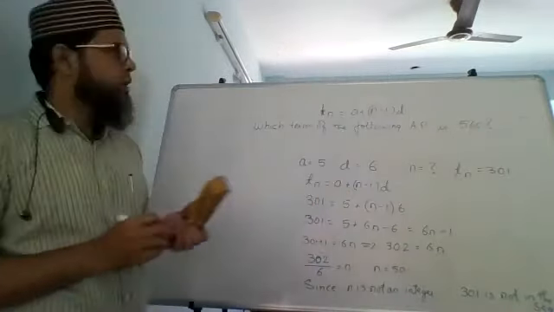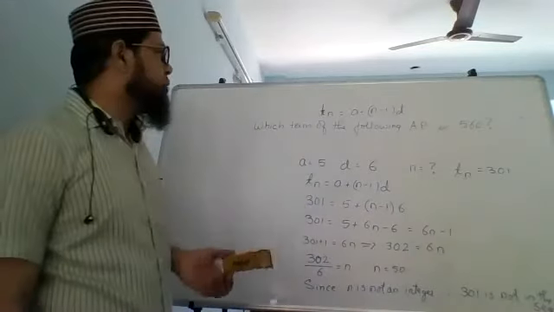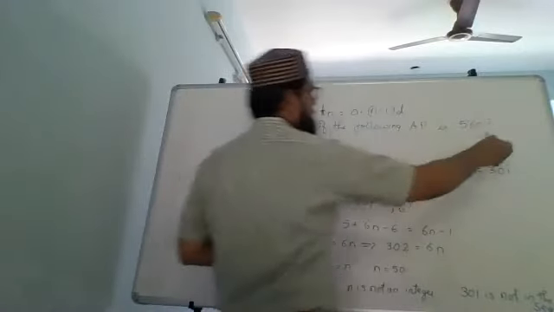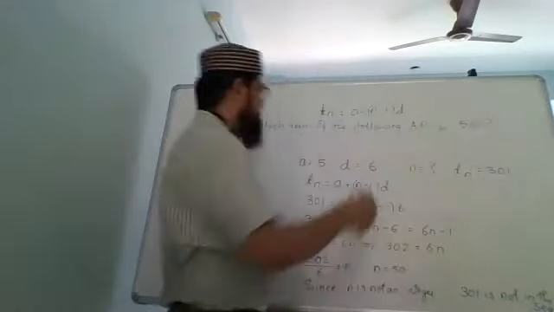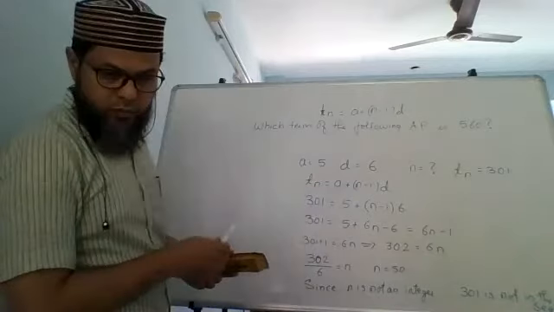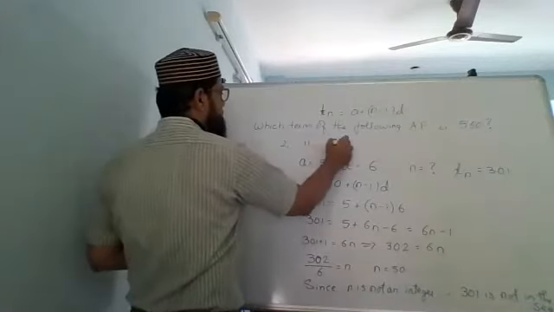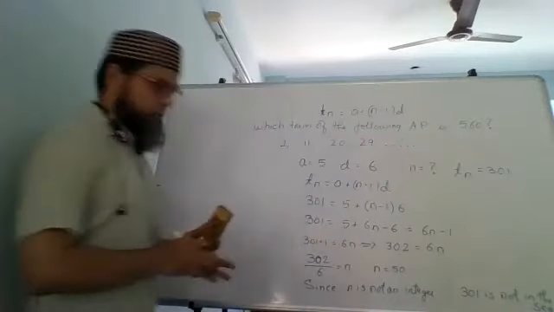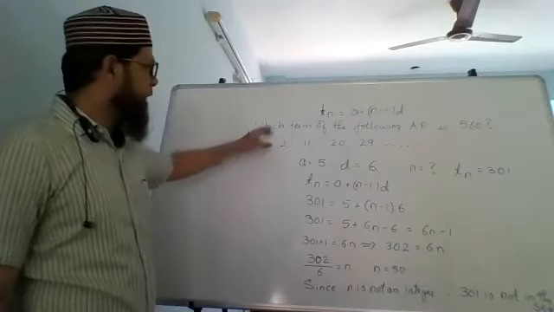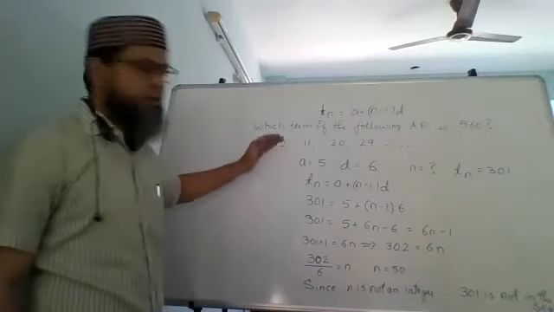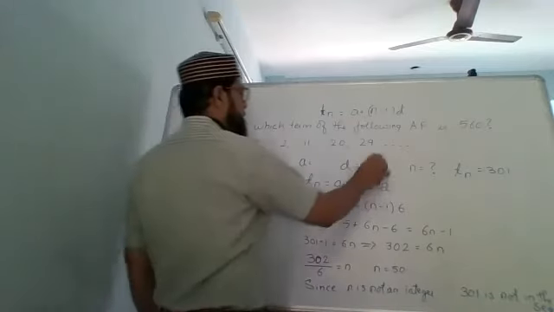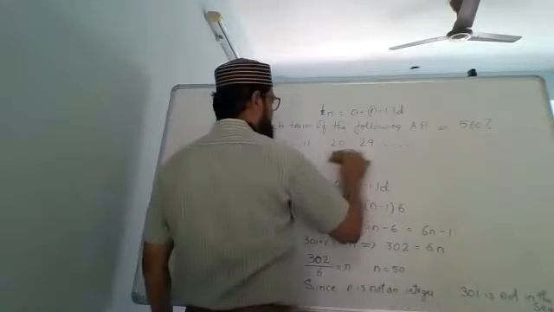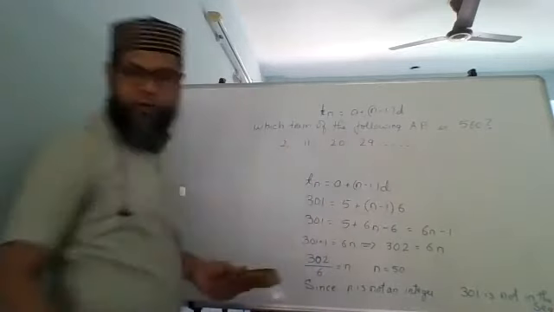Which term of the next one that we are going to solve: which term of the following AP is 560? I have to give you the AP. Again, from this first, what is given, what is to be found out. पहले A ढूंढना है, B ढूंढना है, N दिया है या नहीं, Tn दिया है या नहीं, क्या ढूंढना है उसमें, that is going to be important for me.